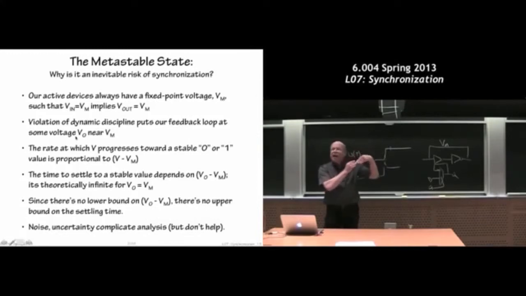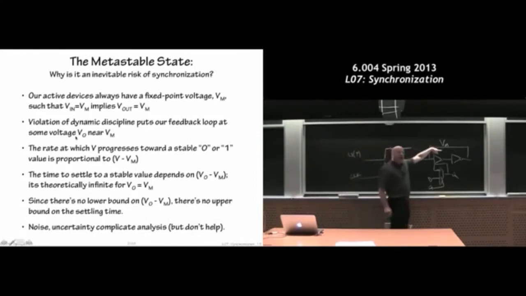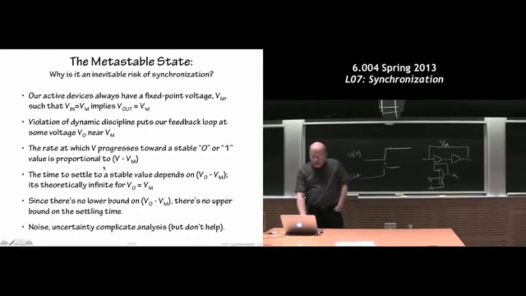What we've done is, because we've been changing D and clock at the same time in violation of the static discipline, we've managed to put this voltage not at a legitimate digital value. We didn't have D stable long enough for this to always be at a legitimate digital value. By having D violate the static discipline, we've somehow put our system at this metastable point.